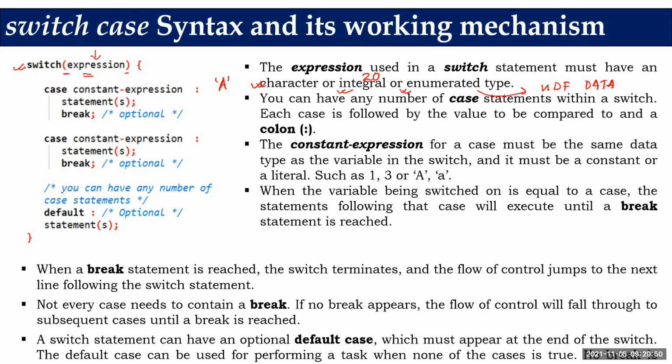Okay, so now let's solve this. With respect to the ATM machine, suppose you have given an option here, 2. So 2 will be coming here. Now we are not using any expression, we are using a constant value 2, correct? So now see, there are multiple cases. The first case can be amount withdrawal, the second case might be pin change, there will be many cases. The third case might be mini statement, the fourth case might be cash deposit.